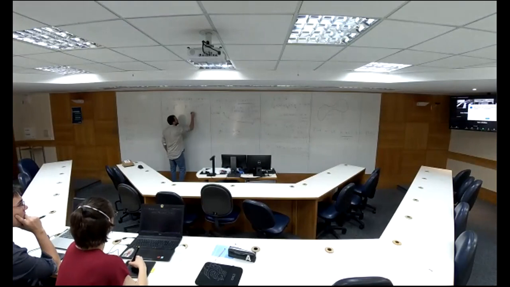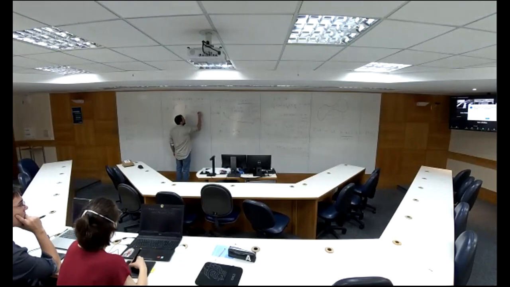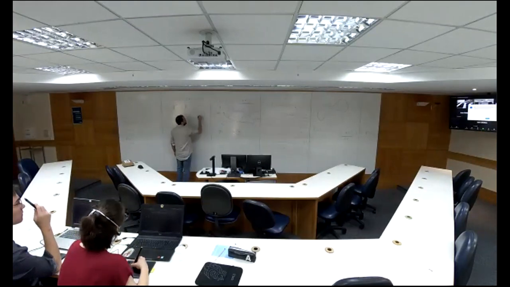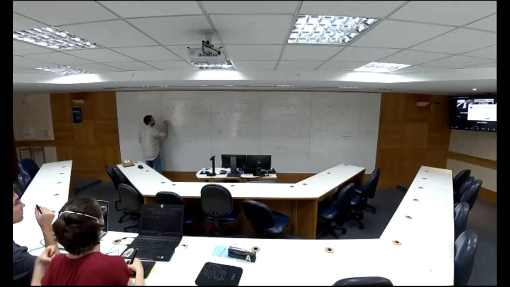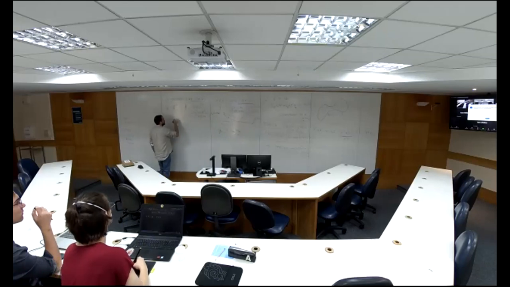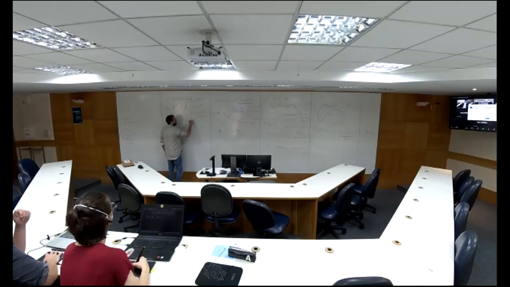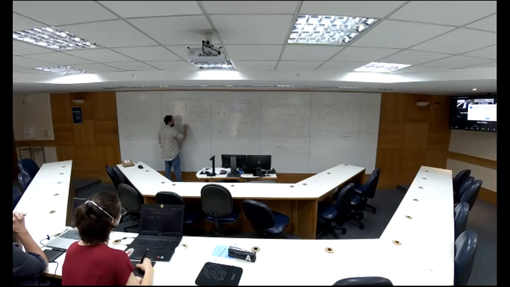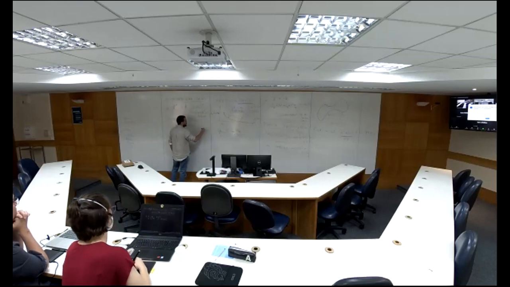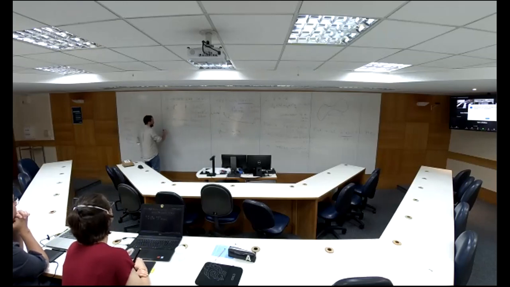And the set S is the set of x's in Rn such that H is here. It is a so-called control barrier function, abbreviated as CBF, if